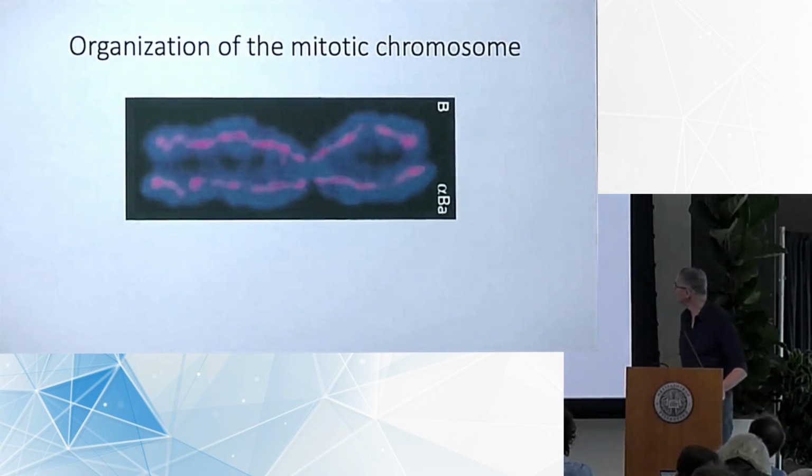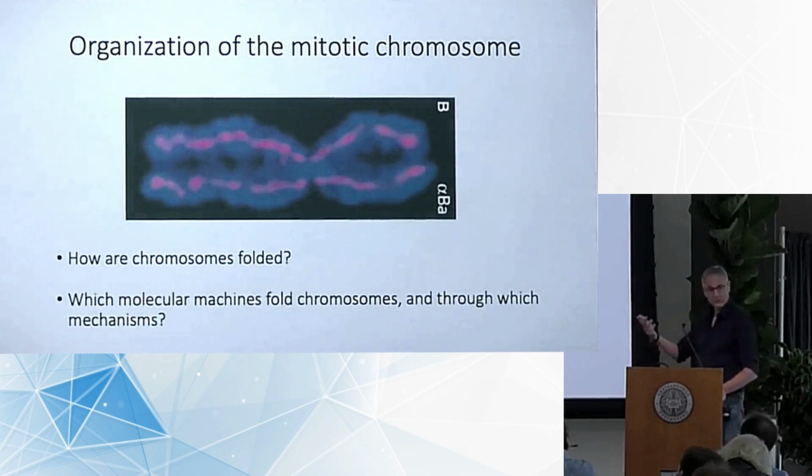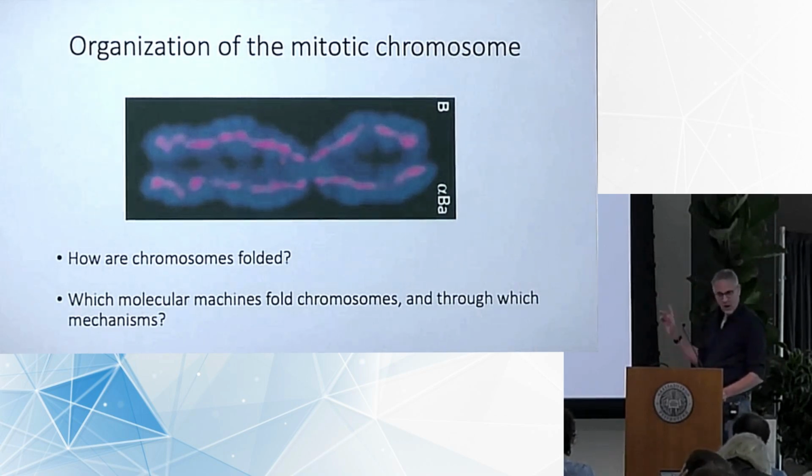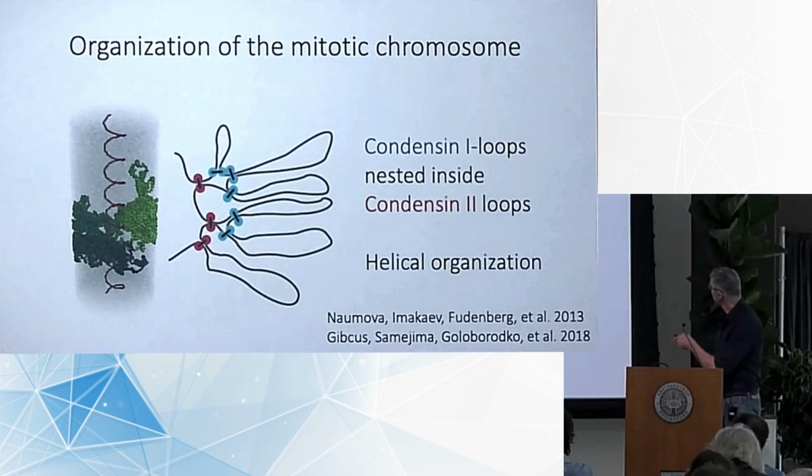So we heard a lot from Bill yesterday about the organization of mitotic chromosomes and how chromosomes are folded, the role of scaffold proteins and condensins. And I want to talk a little bit more about how this chromosome is actually acquired by the actions of loop extrusion. A few years ago, also with Leonid and Bill's lab, in collaboration, we showed, through many Zoom and Skype calls,